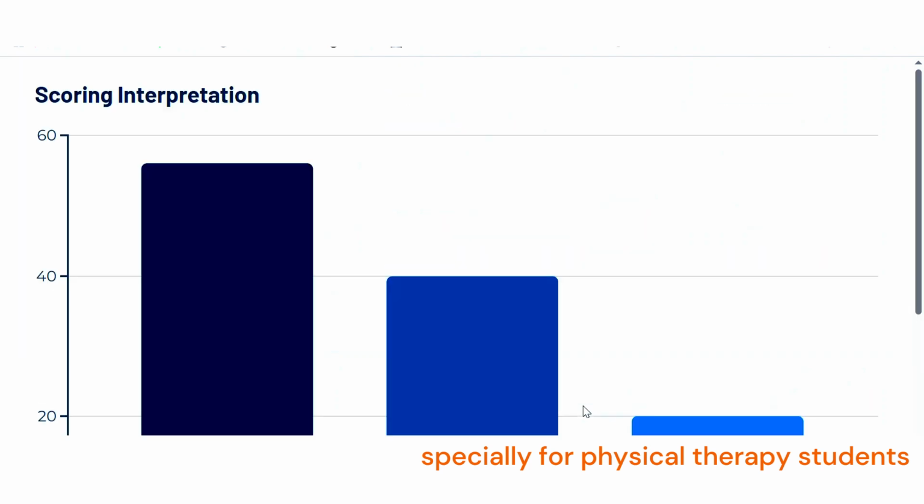Now, starting from the scoring interpretation, I'm going to give you a very good interpretation idea so you can never forget how to score the Berg Balance Scale. Why am I telling you the theory? Because theory is very important. Before any practical work, you have to understand the basic concept of the Berg Balance Scale, why you are going to do it, and then you will see how you can assess the patient.